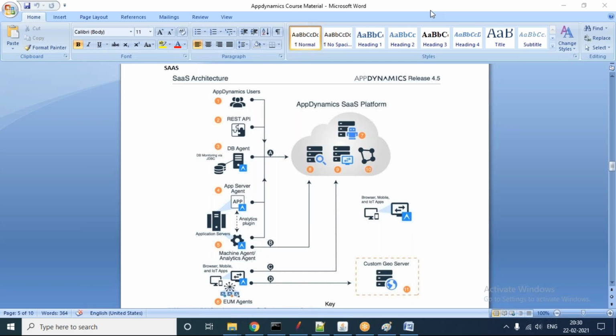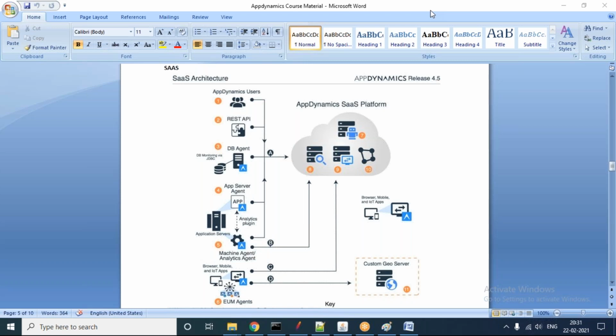If you are a banking customer or insurance customer, you don't want your data to go out of your firewall, so you require on-premises. But if you are a retail-based customer, you require a lot of storage, lots of logs are stored, lots of infrastructure is required. In that case, you will think about going for the SaaS model because you are not going to maintain the infrastructure, the data archival process, or the data backup process.